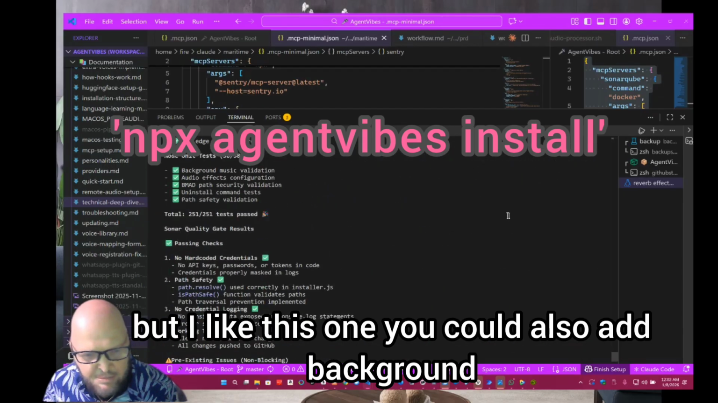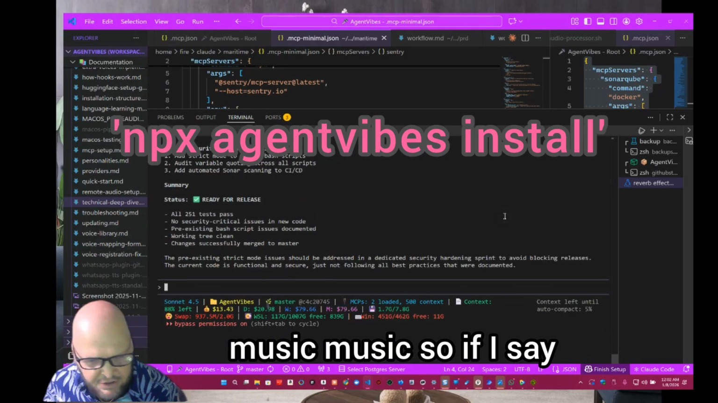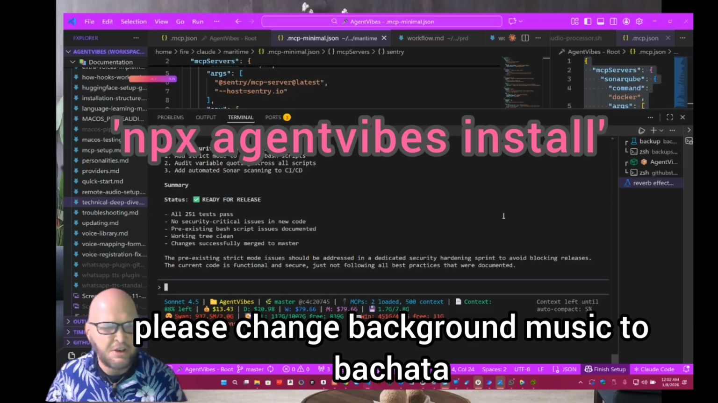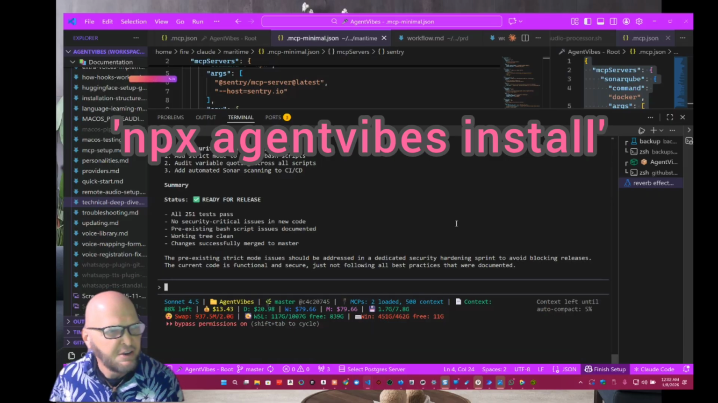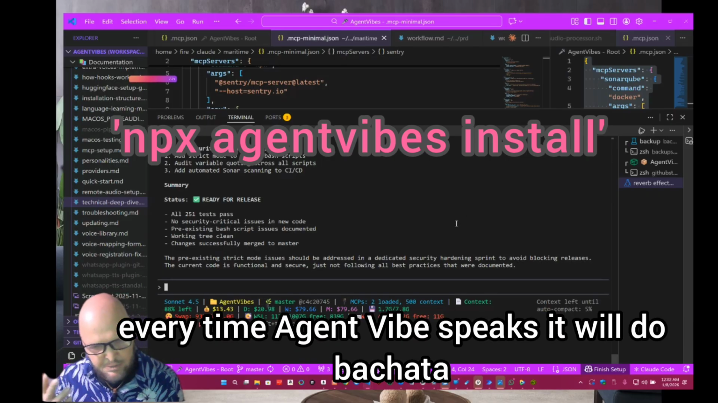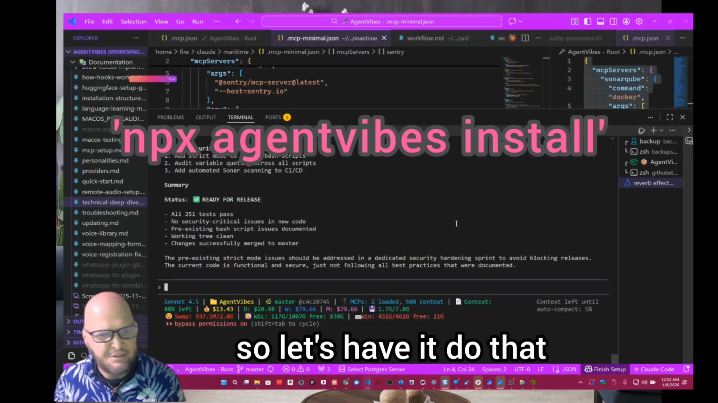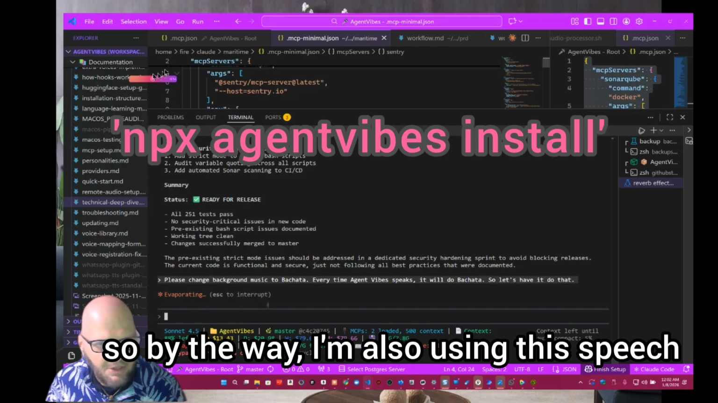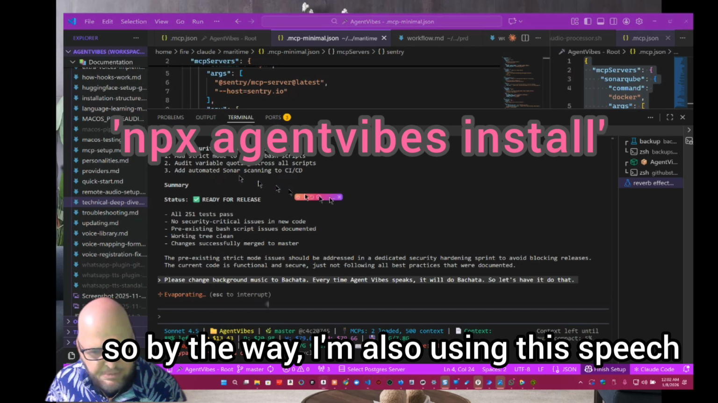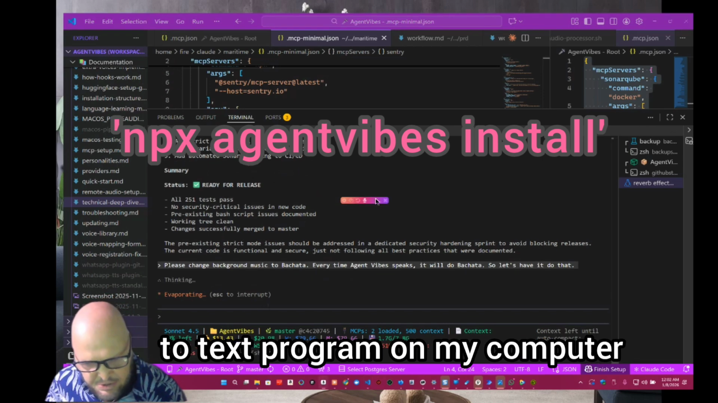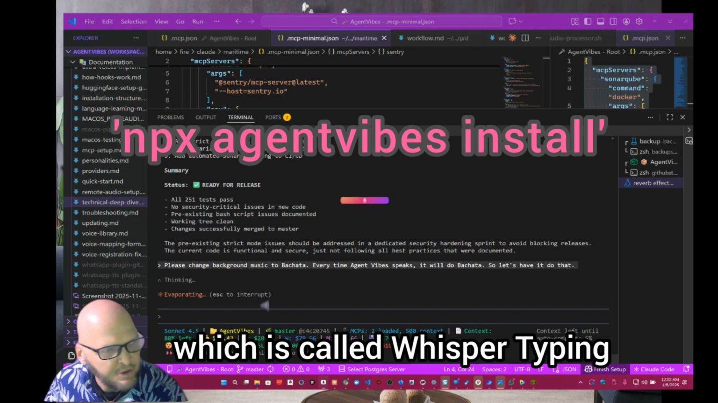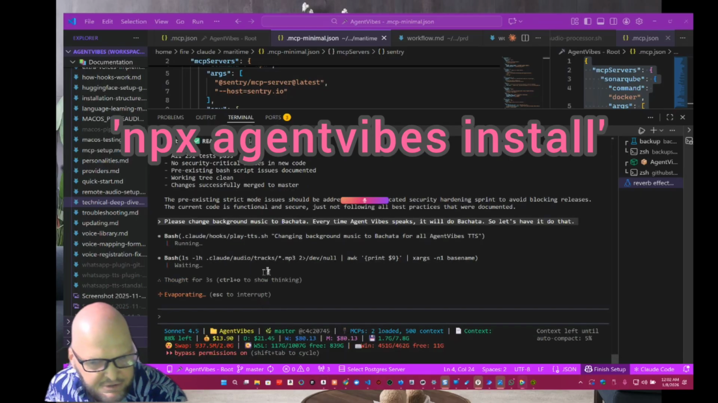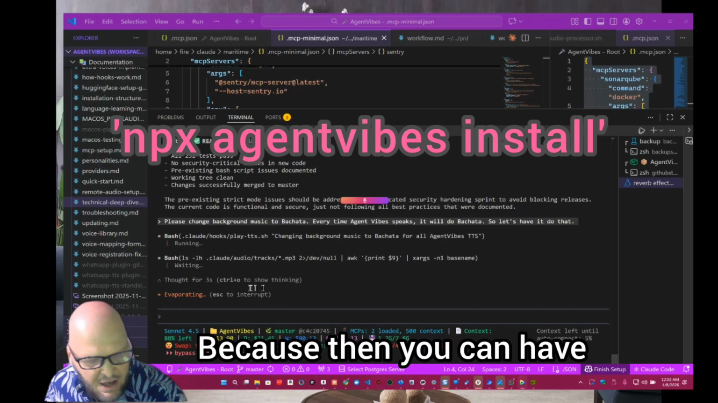You could also add background music. So if I say, please change background music to bachata, every time AgentVibes speaks, it will do bachata. So let's have it do that. Okay. By the way, I'm also using this speech-to-text program on my computer, which is called Whisper Typing, which I highly recommend, because then you can have a true